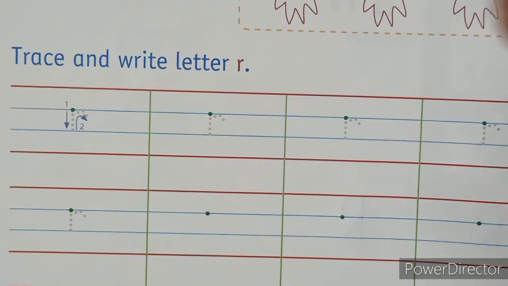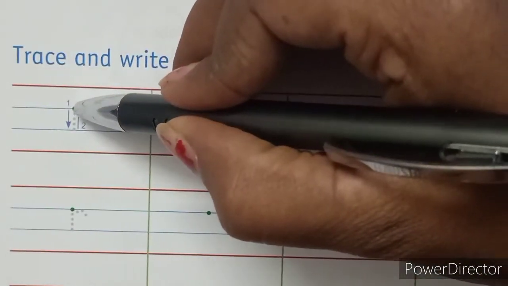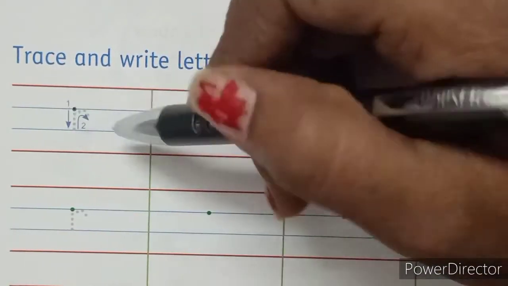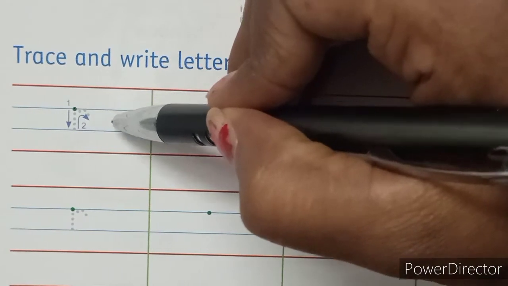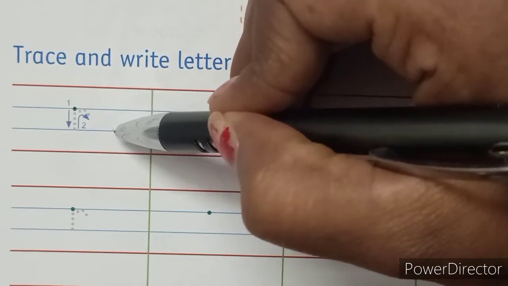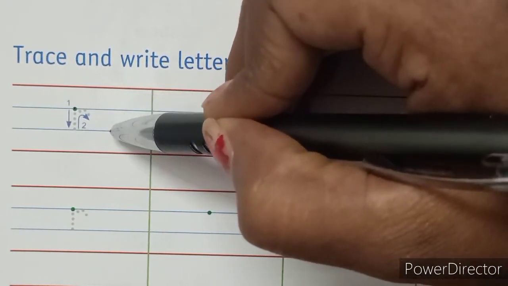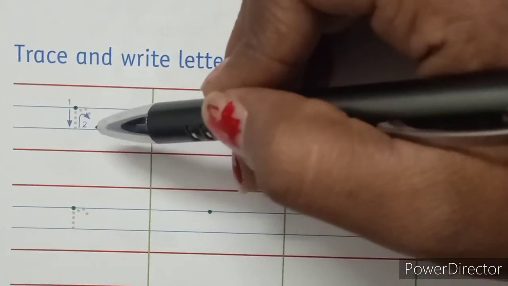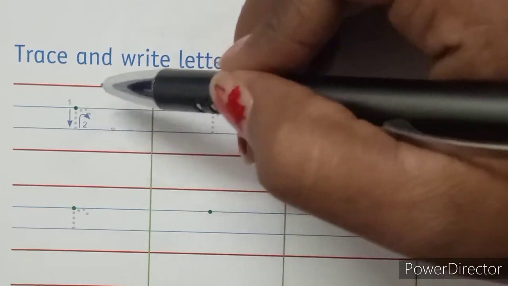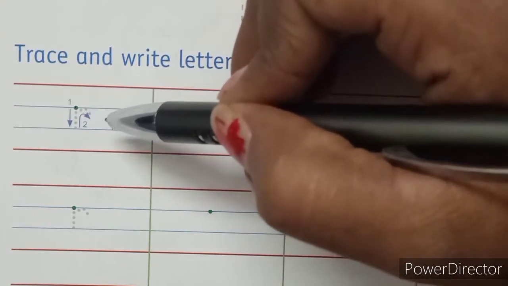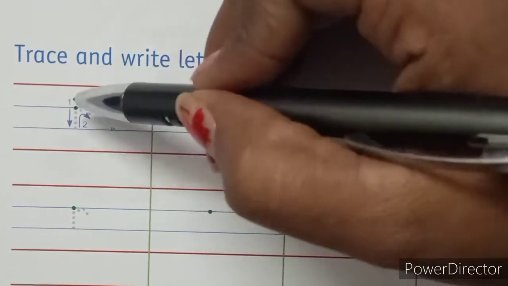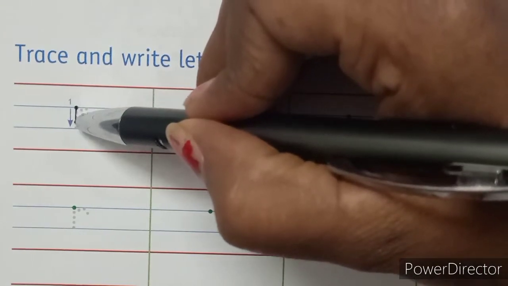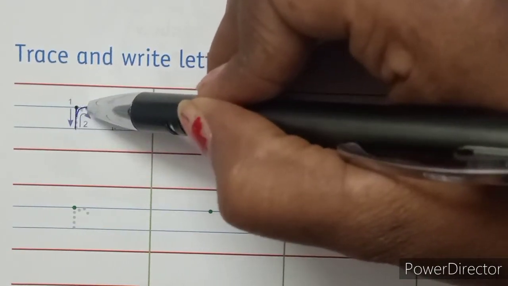How will you write? First make a standing line from the green dot itself. This you have to write in between 2 blue lines. दोनों ब्लू लाइंस के बीच में लिखना है. कैपिटल लेटर हमने रेड और ब्लू लाइन के बीच में लिखा, राइट? And we will write the small letter in between 2 blue lines. So make a standing line and make a curve.